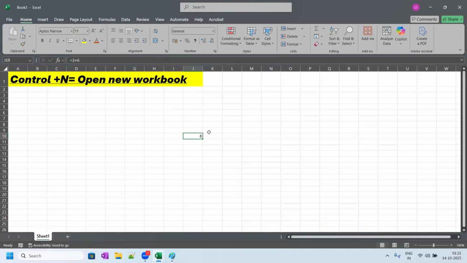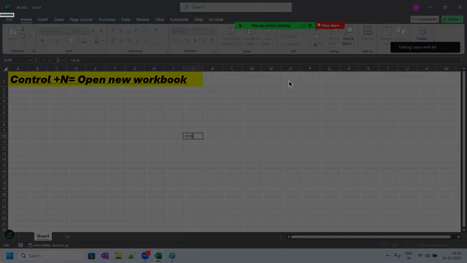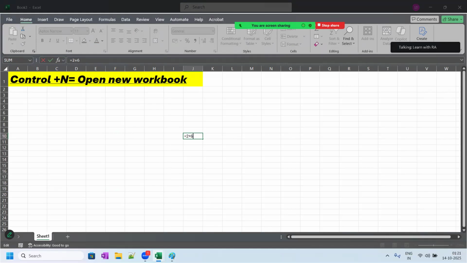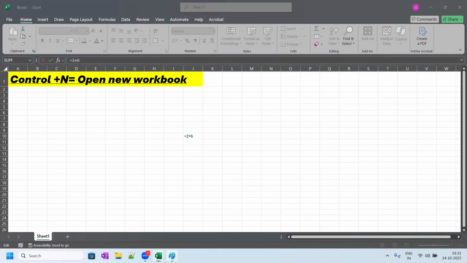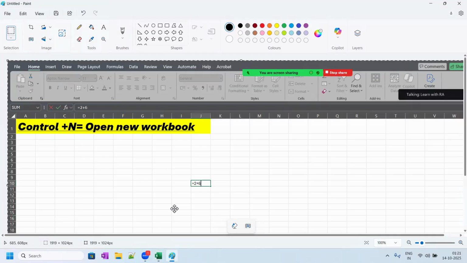And if you want to check the formula for that, press F2. If you press F2, you can see the formula you have used. This is the formula bar. Okay, if I just take the print screen of this and go to Paint, to name the functions. So here what you're seeing,